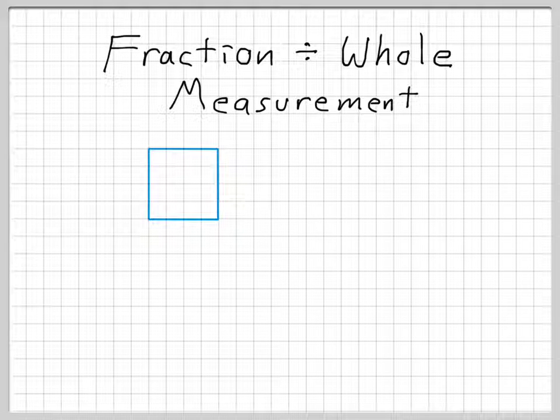Let's do a fraction divided by a whole using measurement division. In this case, I'm choosing to use a benchmark fraction of 1/2, and I'm going to divide it by a whole number. So you can see I've done a fraction less than 1, and I've done a whole number that's